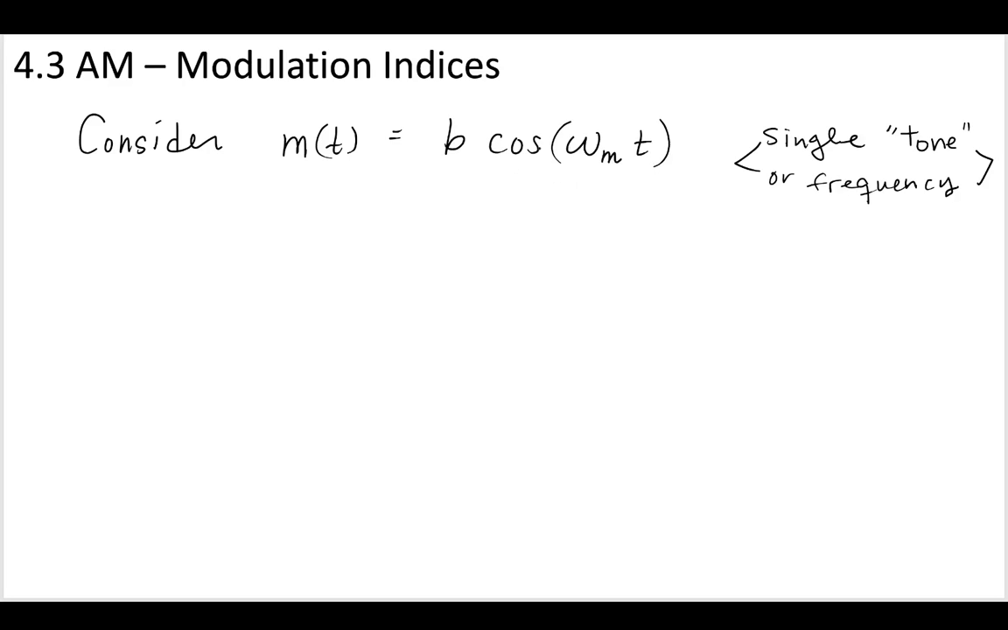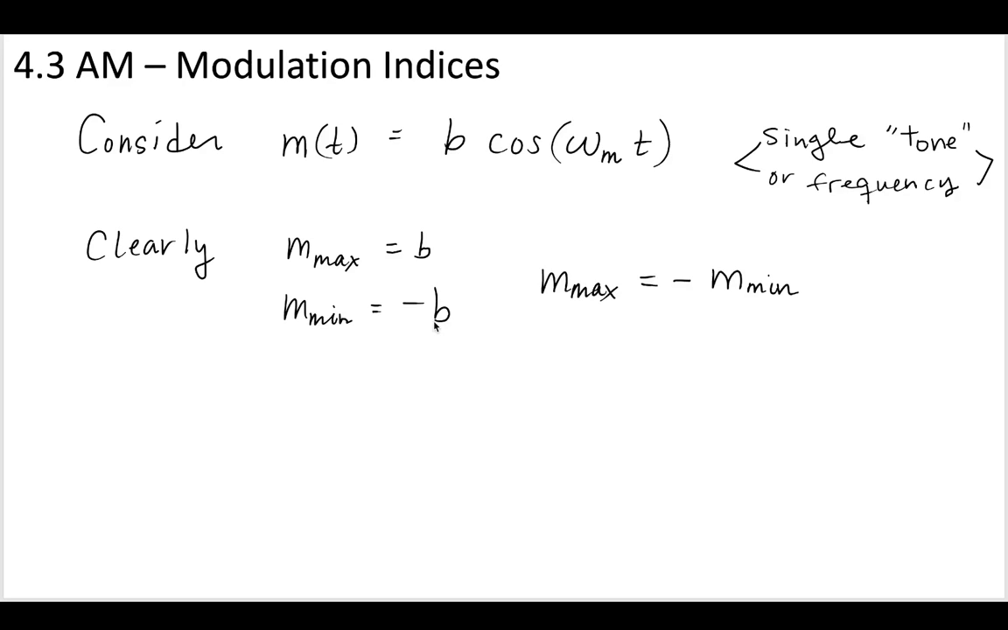Now, in this tone modulation, we can see that the amplitude of our message tone is B. So if we have this cosine wave, it's going up and down between B and minus B. Clearly our maximum is B and our minimum is minus B, which means that our M max is equal to our M min, of course. So therefore, we can consider this to be that first category, the symmetric, zero offset case for